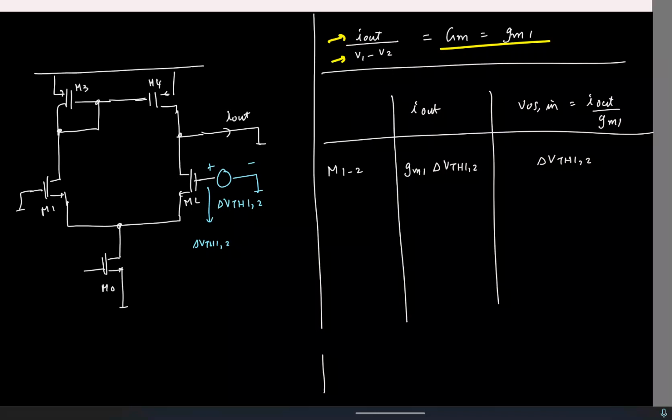again similar to the case with noise. Any mismatches in the input transistors, they directly add to your input offset, right? Why do you want it to be 2 times? The mismatch in these two guys is modeled by 1 voltage source. Okay, let's calculate it. We already found it, right? If we have two,